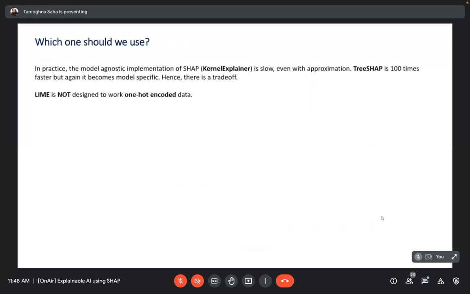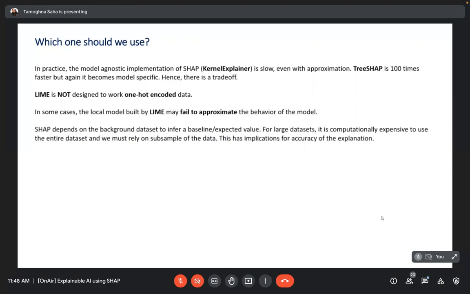LIME is not designed to work with one-hot encoded data. If we are passing along a dataset with character representations and we make it a one-hot encoded format, then LIME fails to operate properly from the local accuracy perspective, and you will end up getting incorrect results. In some cases, the local model built by LIME may fail to approximate the behavior of the model. As I was explaining in the LIME slide, depending upon the random seeds, you will end up getting a different random dataset generation to justify the final model outcome. So that approximation of the model might not be exactly similar, and it will vary.